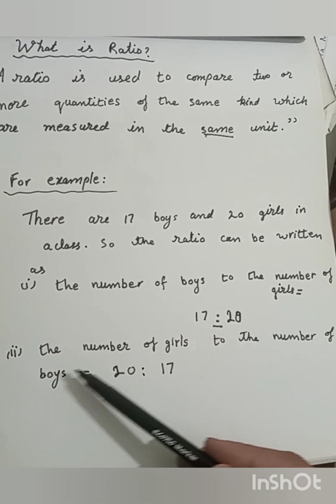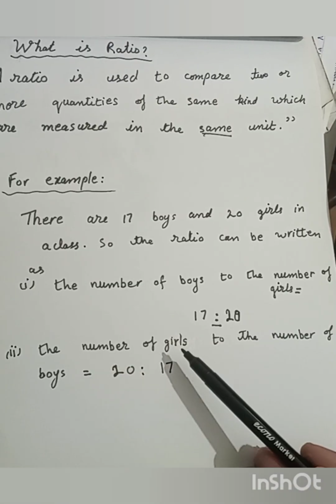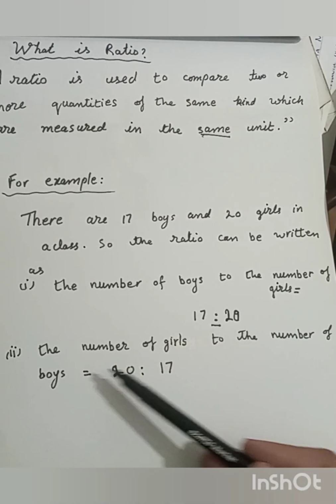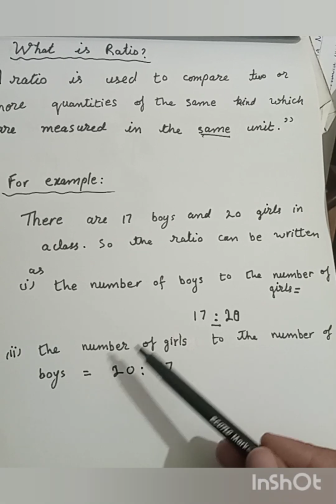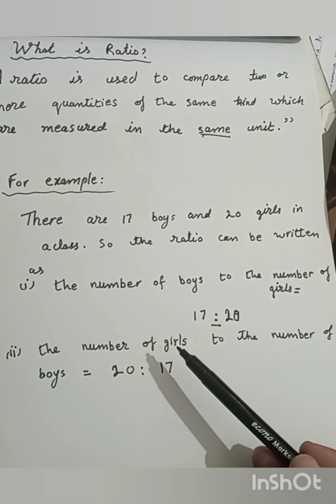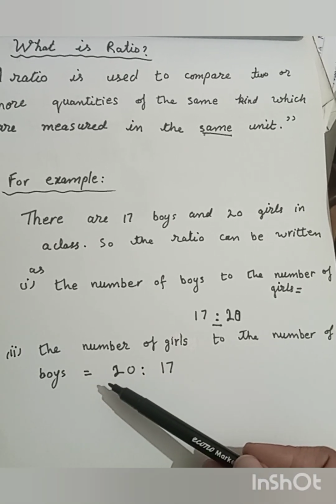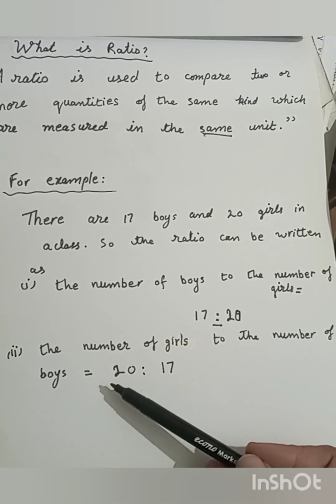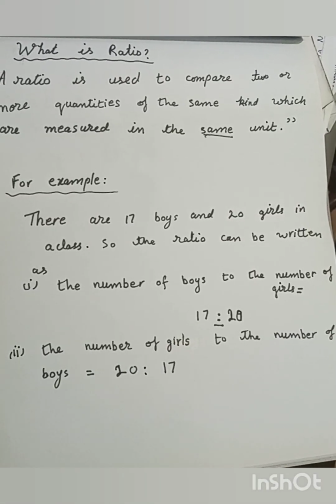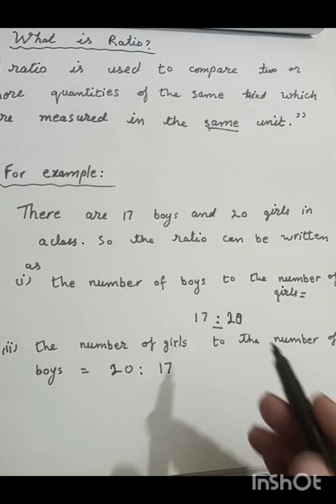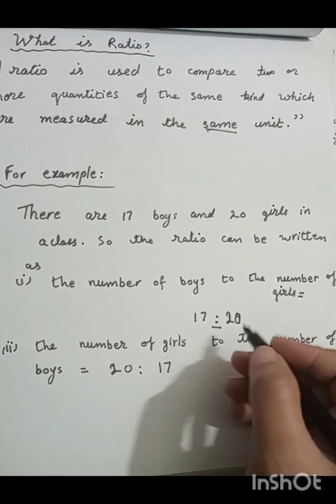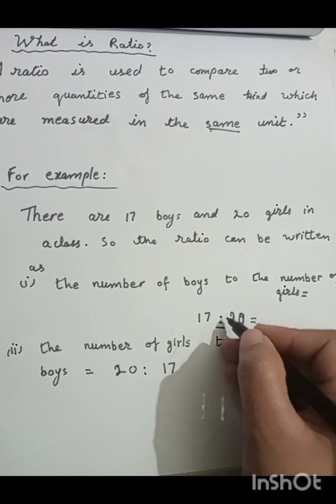Similarly, we have the number of girls to the number of boys. So the ratio will be 20 ratio 17, as the number of girls is mentioned first. So we have written 20 first as 20 is the number of girls. Got it, students? Now, students, we can also write the ratio in the form of fractions,